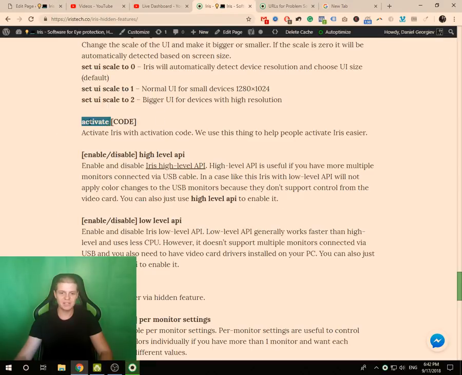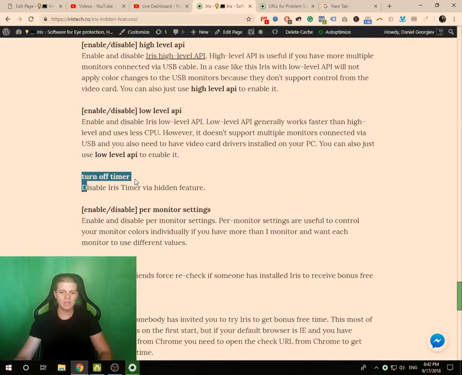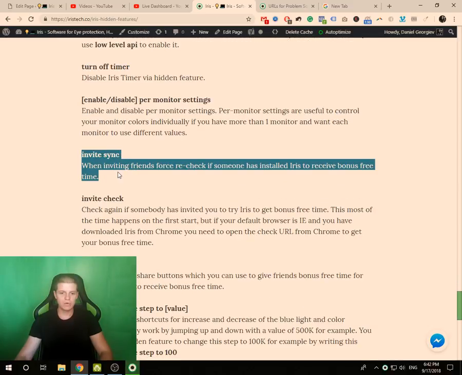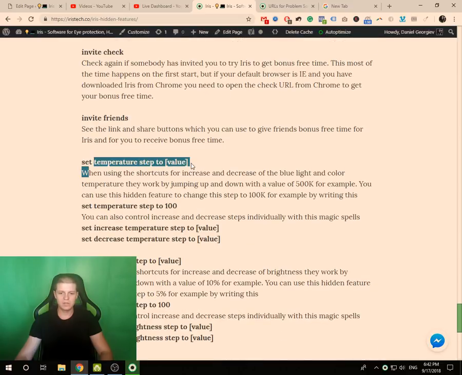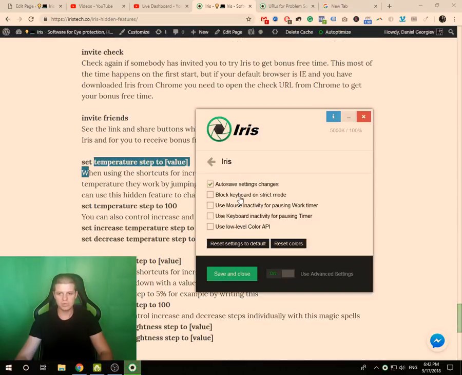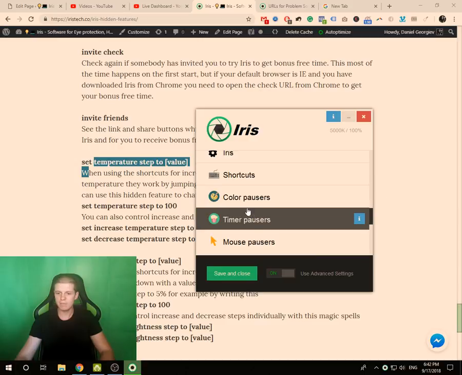And aside from this, we can activate Iris from here. We can change the URL scale. We can disable the timer, for example, to sync the friends if you have problems with friends inviting. To the temperature step, for example, I can show you this. If I enable the